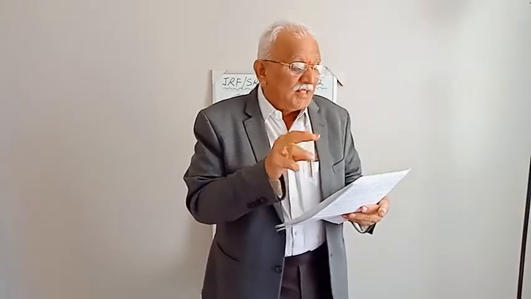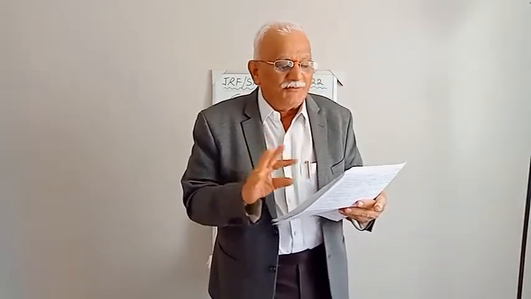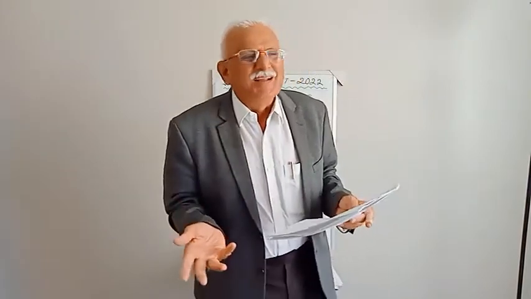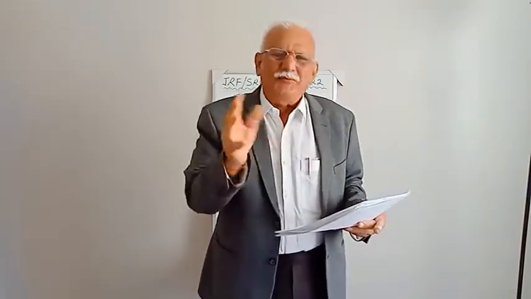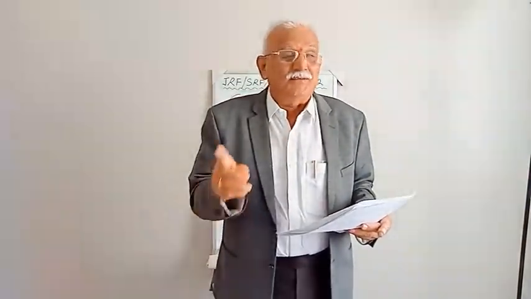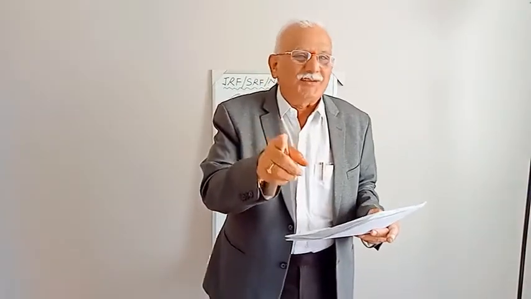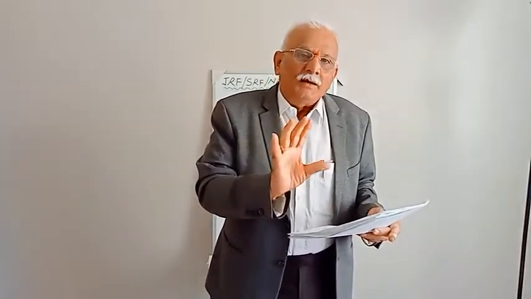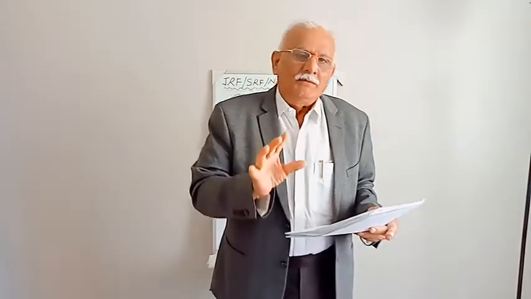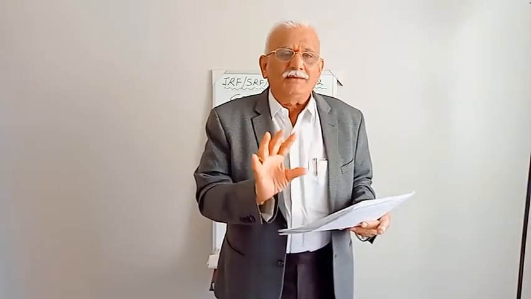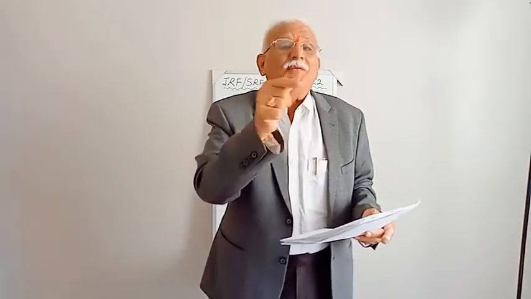What is the reason given? Soil pH regulates the availability of different soil nutrients. It is not supporting the assertion. It is talking about different soil nutrients. It is not talking about the phosphorus. That's why the assertion is correct, the reason is correct, but reason is not the correct explanation of assertion.